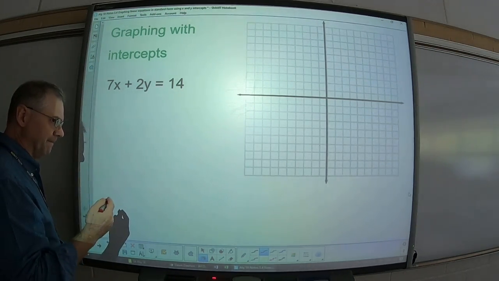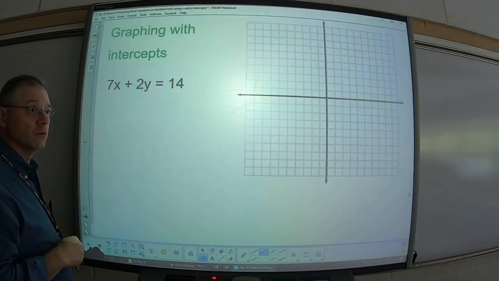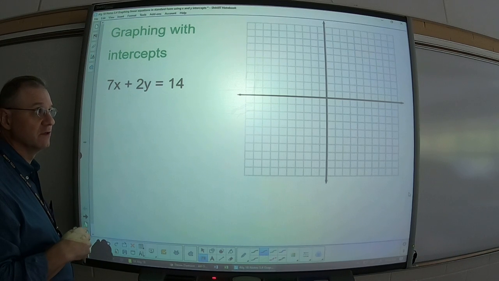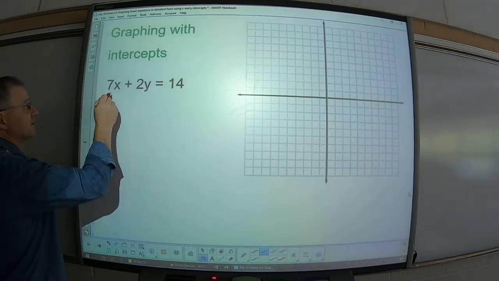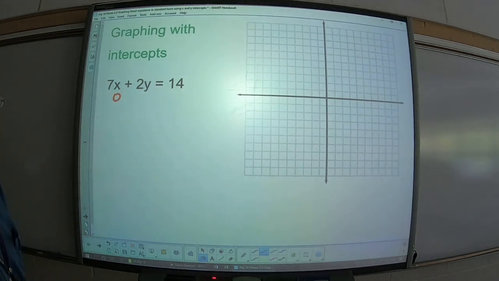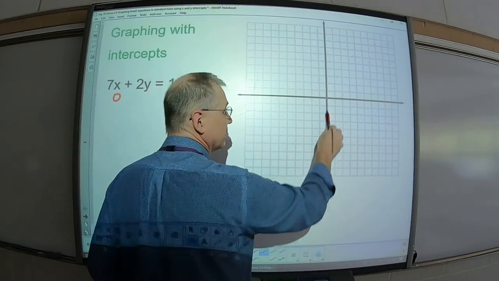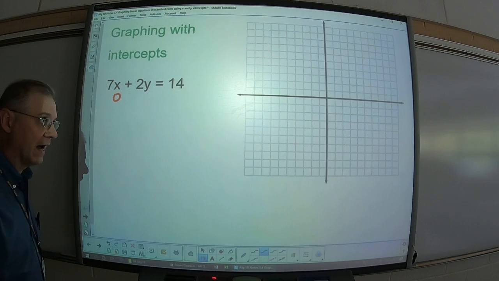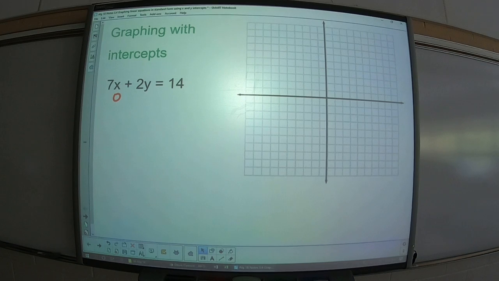plug 0 in for one of the variables and solve for the other one. That tells you where on the axis the graph will fall. So if I put 0 in for x, that means the x value is 0. So it's not going to move left or right at all. It's just going to move up or down. So that will give us the y-intercept. So in other words, if you substitute in the x value as 0,